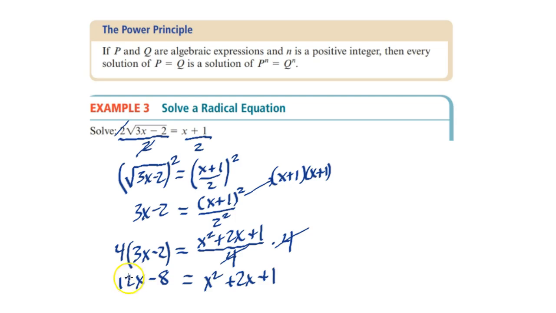And then now notice we have a quadratic, so we want to get it in standard form, which I'll do up here. So that is x squared